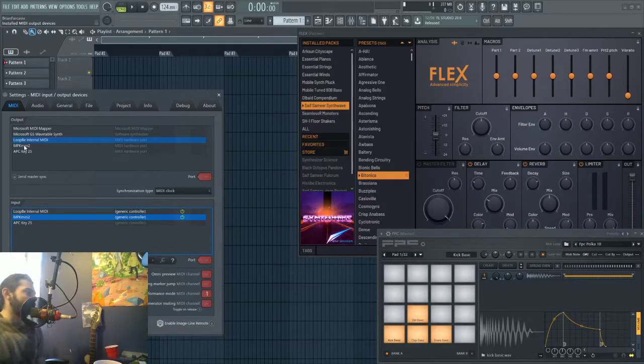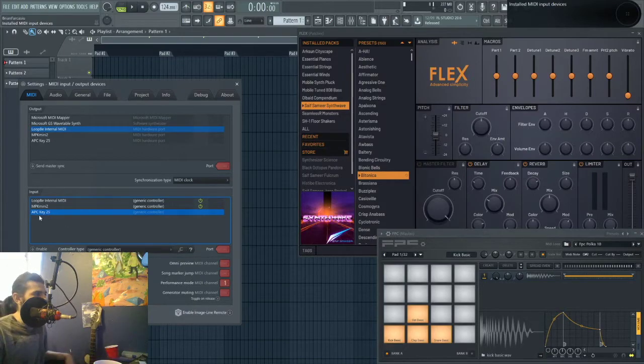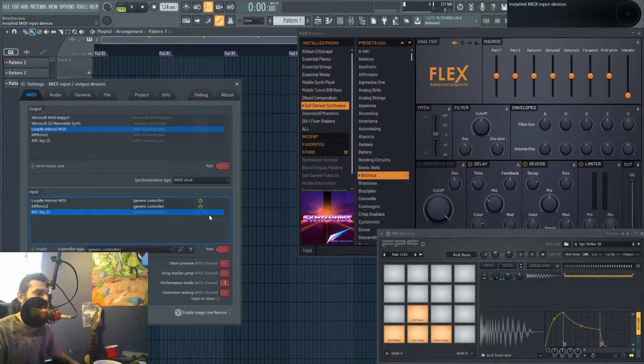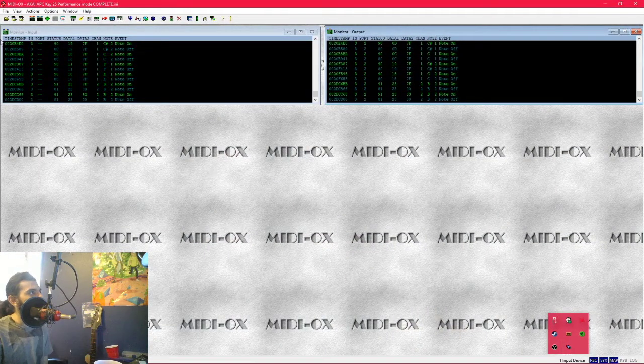Alright, so, first things first. The main goal over here, the APC Key 25. Now, as you can see here, it shows that I have the APC Key 25, but it's not activated. That is because I'm using a program called MIDI aux. If I can pull up the program here, MIDI aux and loop B1. So I'm going to show you MIDI aux first. I covered this in my previous video, so